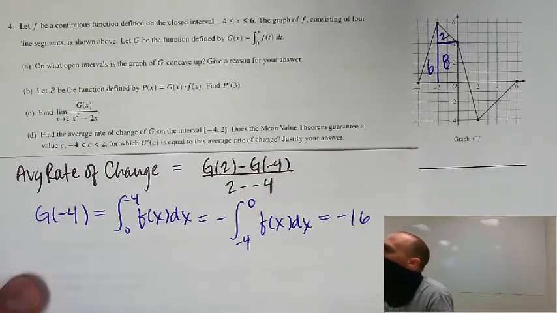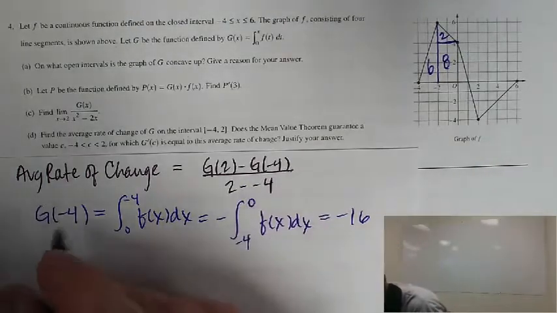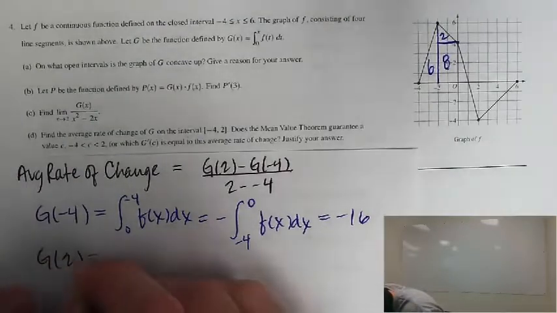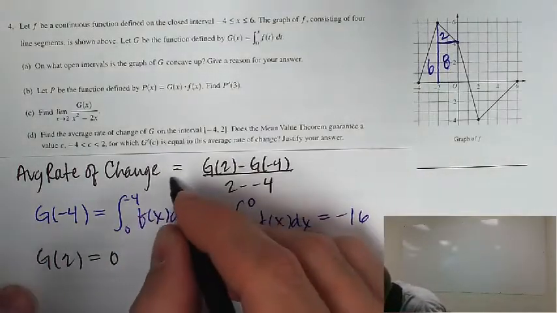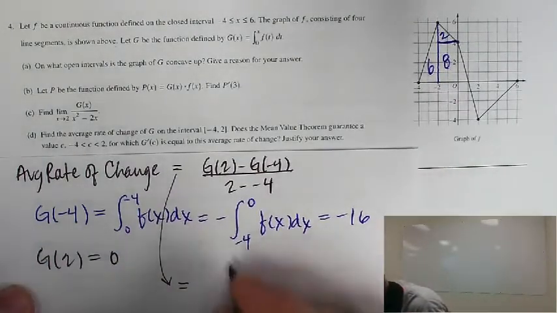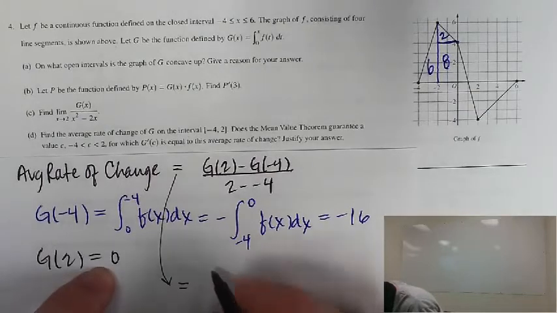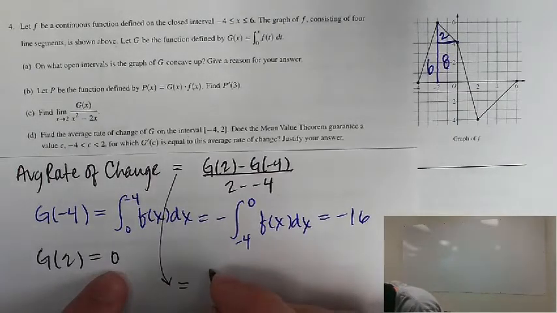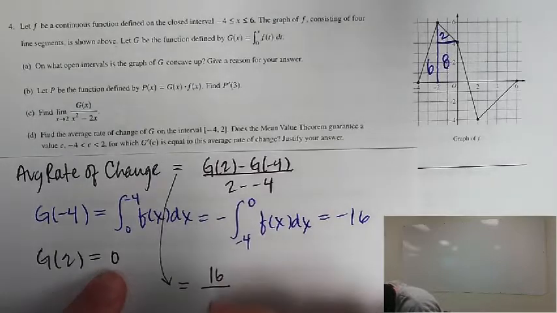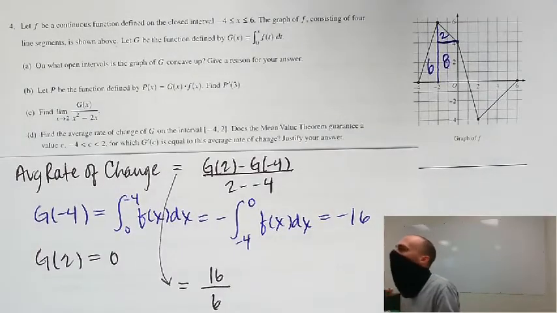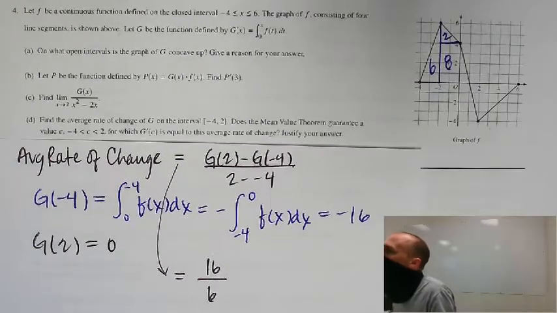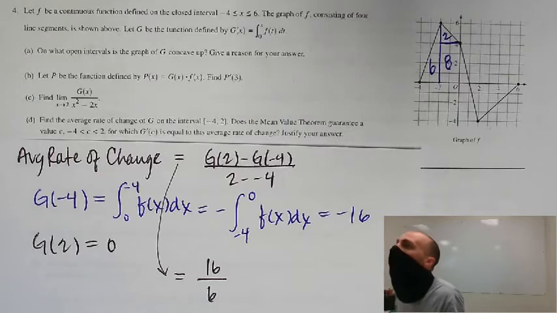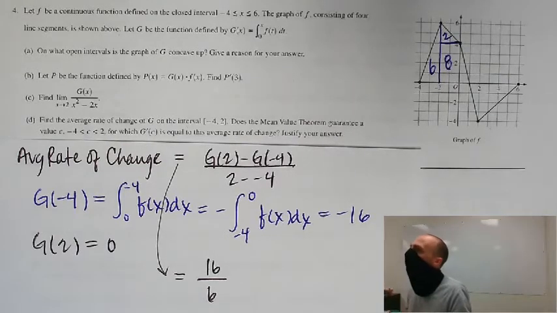Now I think I'm pretty much ready. Yeah, I can do the average rate of change because I already said that g of 2 equals 0. So my average rate of change there is equal to 0 minus negative 16, over 2 minus negative 4. That's my average rate of change. Okay. And does the mean value theorem guarantee a value of c between negative 4 and 2 for which g prime of c is equal to this average rate of change? Justify my answer. Well,